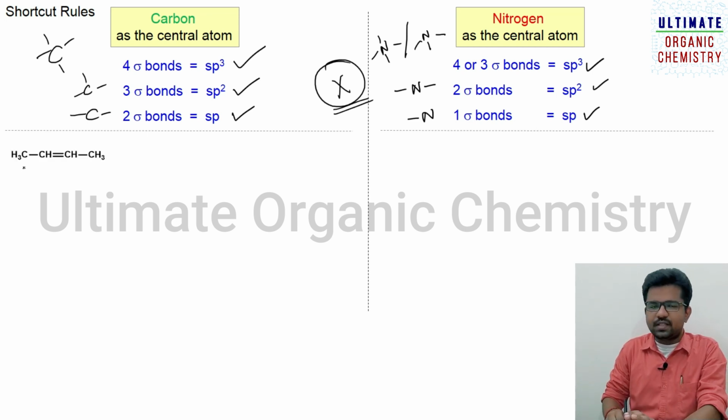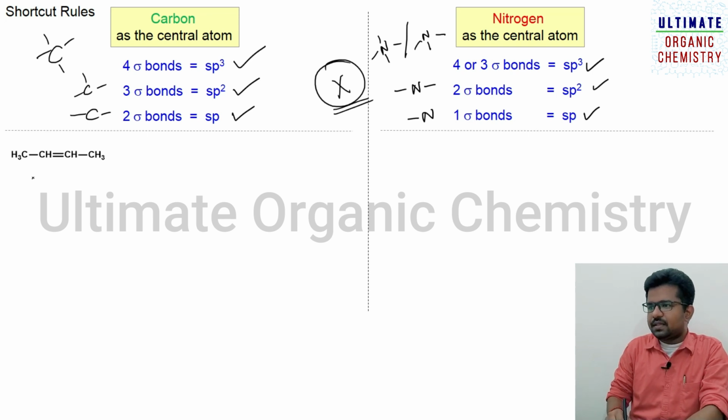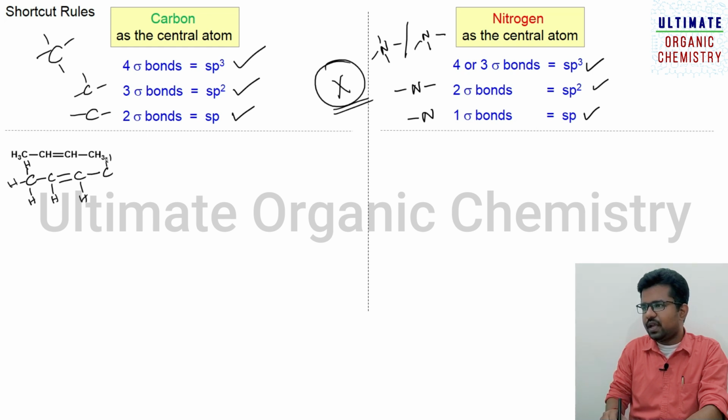So if a molecule is given like this, it means you need to expand the molecule. For example, this carbon is connected to 3 hydrogen atoms. The hydrogen atom should be given a single bond only because hydrogen valency is only 1. So here you have a carbon with 1 hydrogen atom connected by a single bond. Here you have a double bond, carbon with a single bond, and you have carbon with 3 hydrogen atoms connected by single bonds.